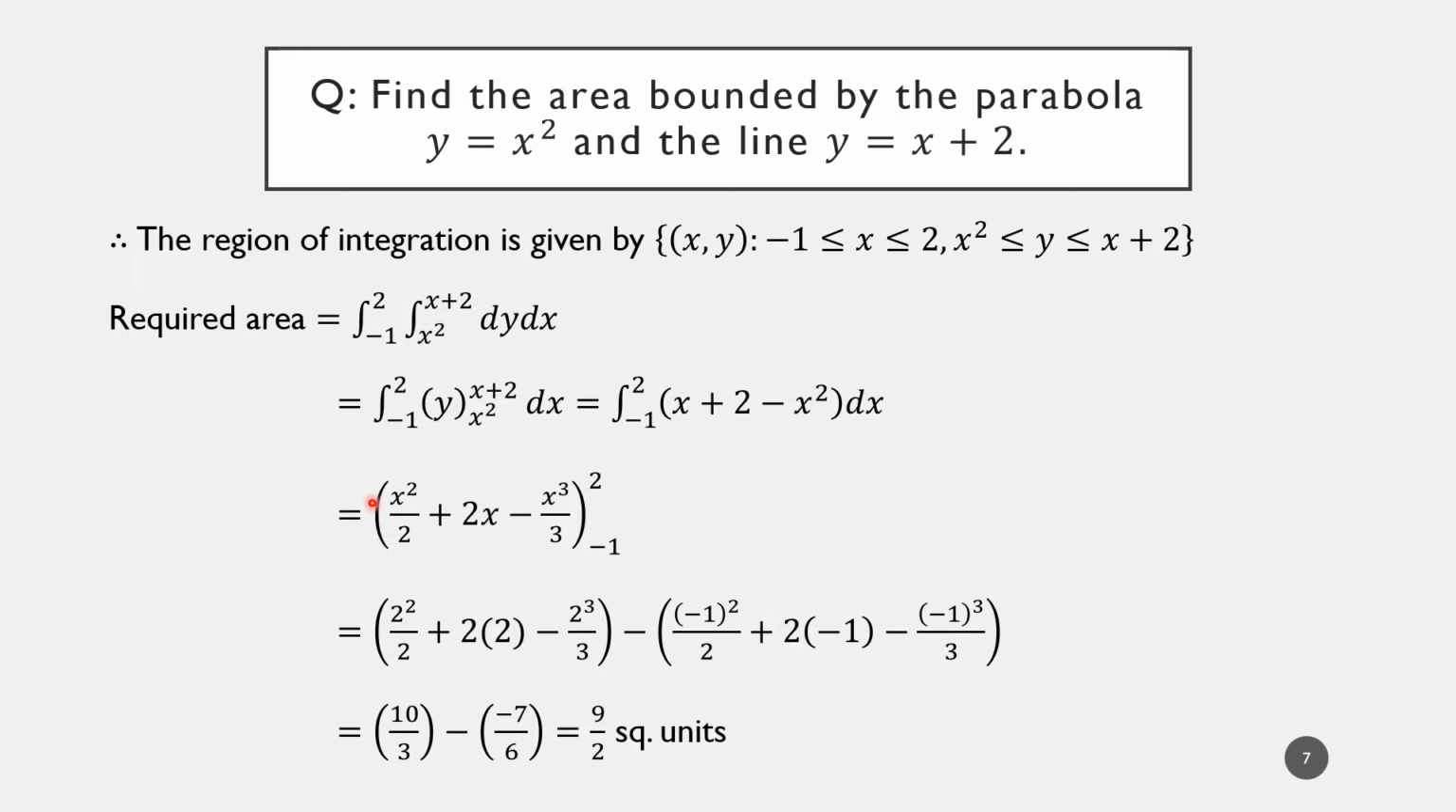So the integral will be x square upon 2. The integral of 2 will be 2x and that of x square will be x cubed by 3. And we have written the limits for x now from -1 to 2. We'll substitute the upper limit, that is 2. And for the lower limit, we have replaced x by -1. Solving these two brackets, I'm getting 10 by 3 and -7 by 6. So the required area is coming out to be 9 by 2. And since this is an area, I'm writing the units as square units. So let's see an